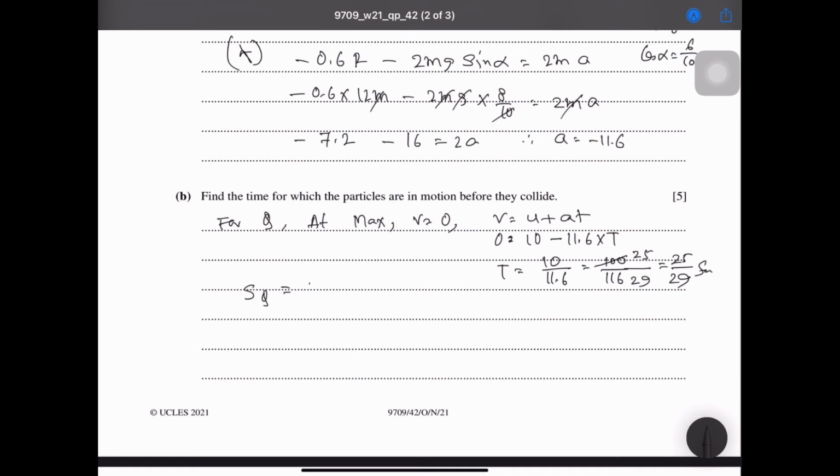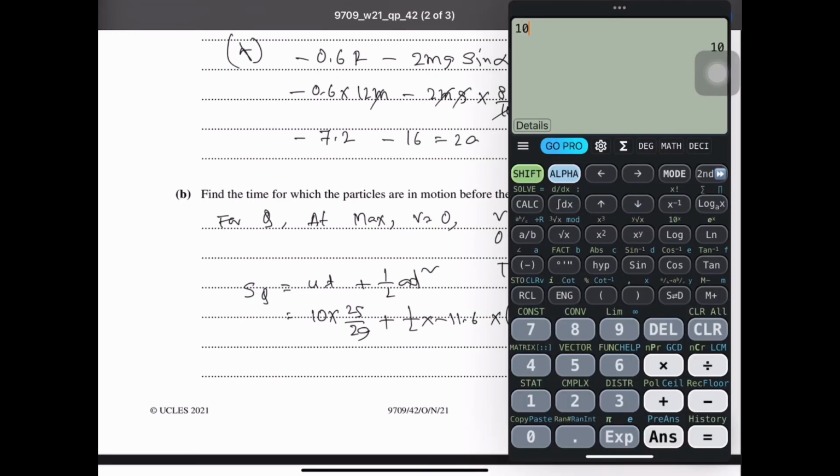As s equals ut plus half at squared, if we substitute, 10 times 25 by 29 plus half into minus 11.6 into 25 by 29 whole squared, i.e. 10 into 25 over 29 plus 0.5 into minus 11.6 into (25 over 29) whole square. So the total distance it is covering is